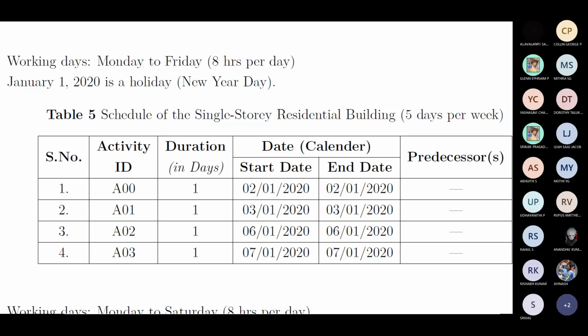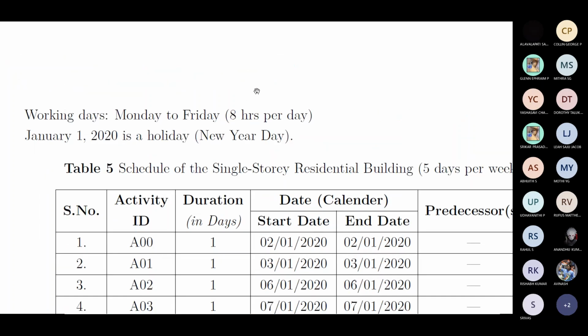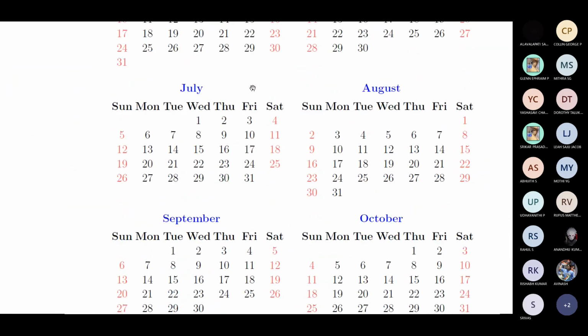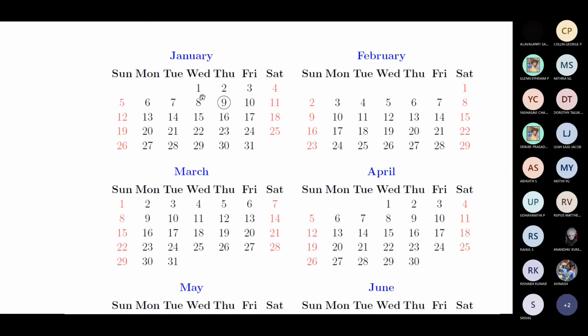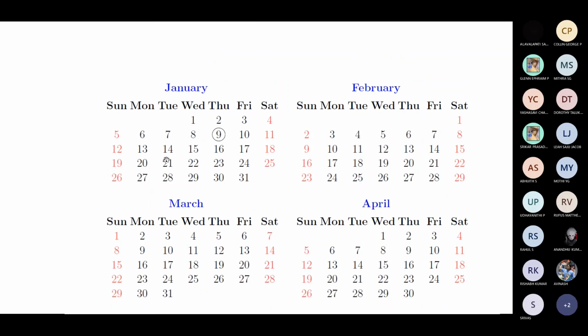So in this particular example, say Monday to Friday, it's a standard calendar, and I just say 8 hours per day, excluding lunch and refreshment times. January 1, 2020 is a holiday, New Year Day. So it is very important that you list down the holidays. Say in our country, 26th January, Republic Day, is a holiday. 26th January of 2020 falls on Sunday, so we don't have to really look into that. But some regional functions like 14th Pongal and 18th Thaipusam come under Saturday, so we don't have to really do anything. Or sometimes there are company specific